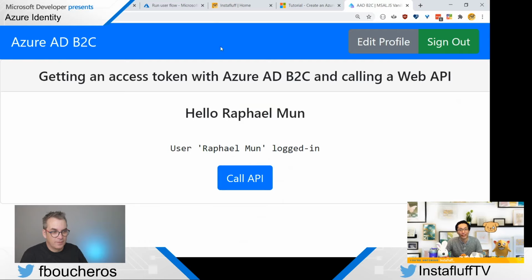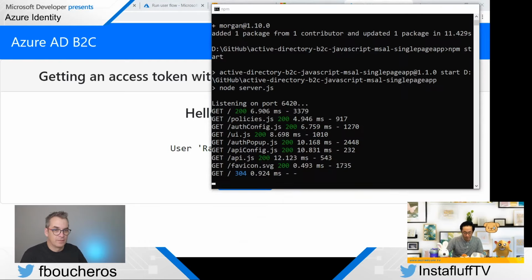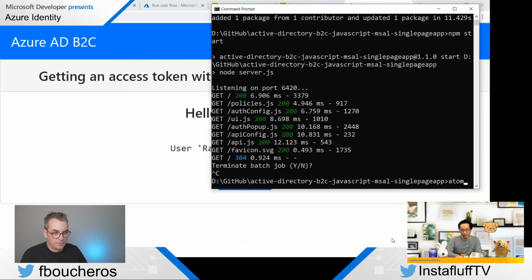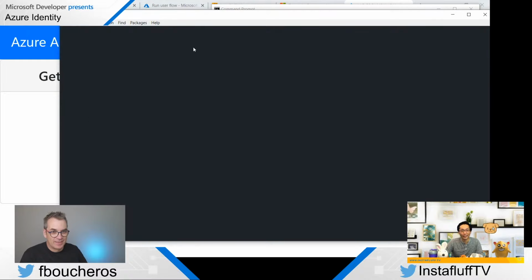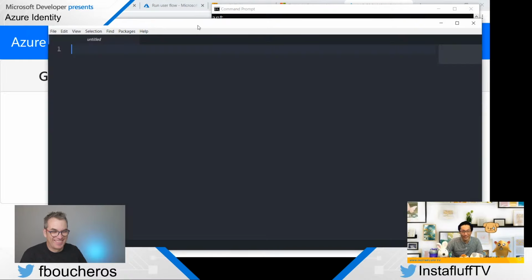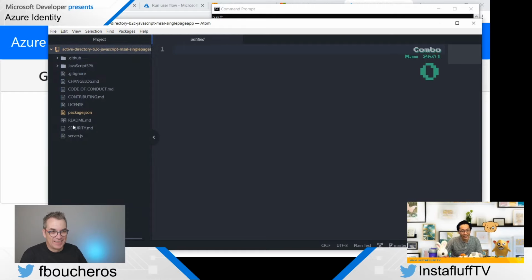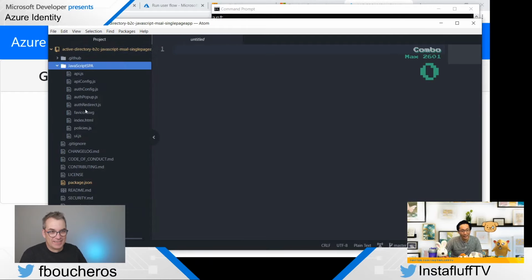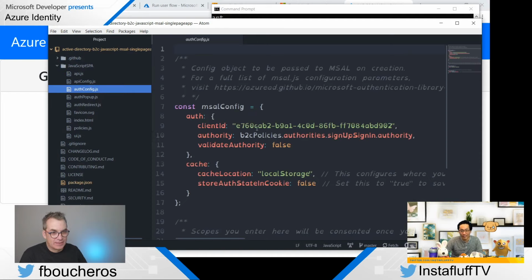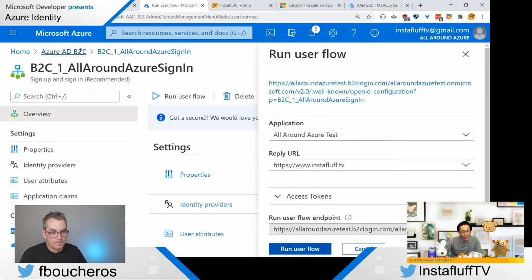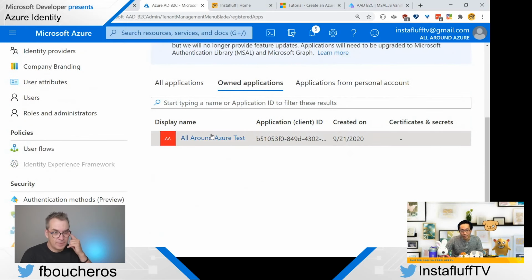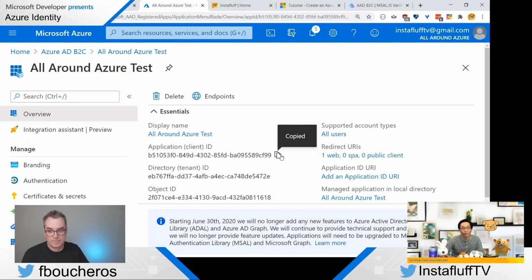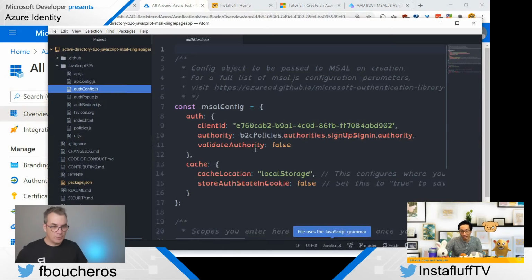Wow. Okay. So now let's see if we can edit it to be our own app. So I'll open it in Atom. Yeah, it's true. You're using Atom. Yeah, I love Atom. It was built by the GitHub team. It's so nice. Here it is. So now we go here to, I think it's probably in auth config. There it is, the client ID and everything. So this client ID, what we're gonna want is our client ID, which is gonna be in app registrations. Yep. We go here and I'm gonna copy the client ID. Wow, copy. And then we go here. I'm assuming you should have.